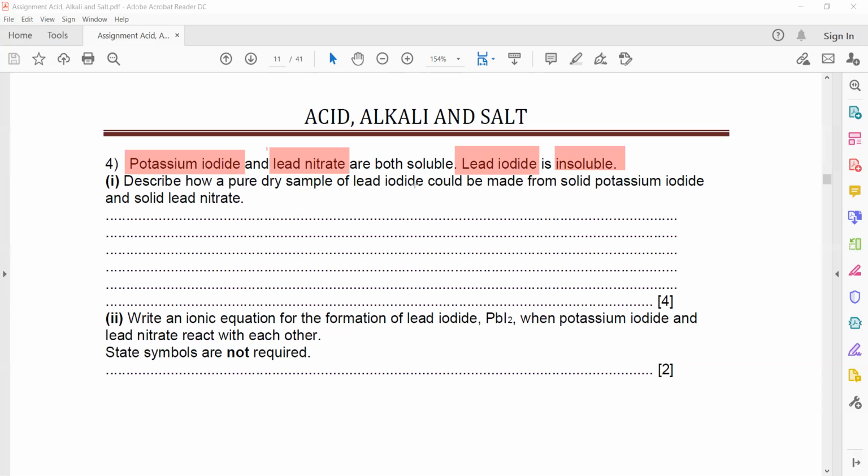But what we have is solid potassium iodide and solid lead 2 nitrate. So first, the first step, we will make a salt solution. So we will add water